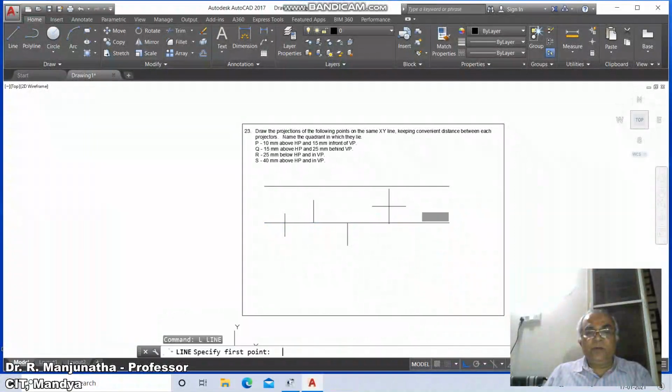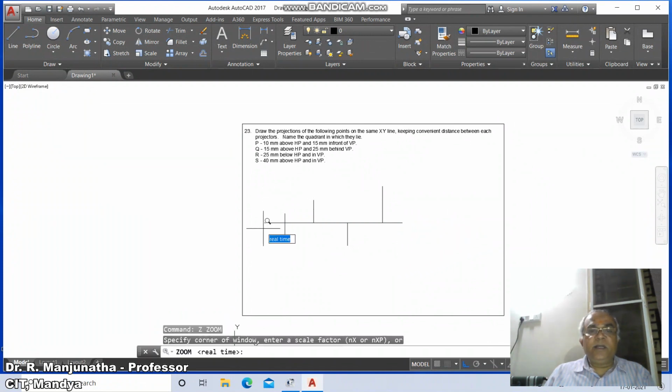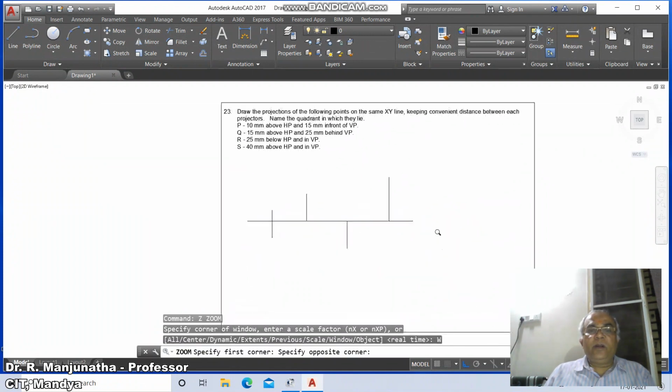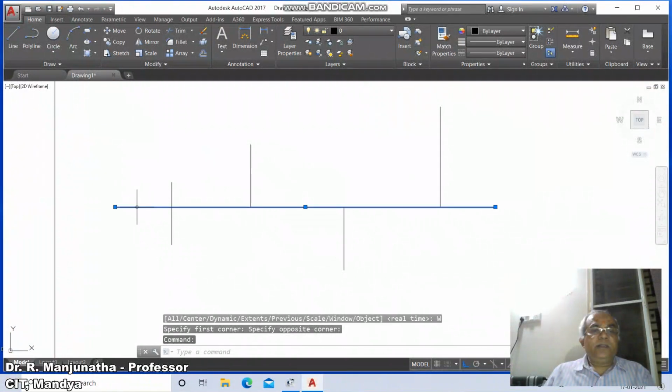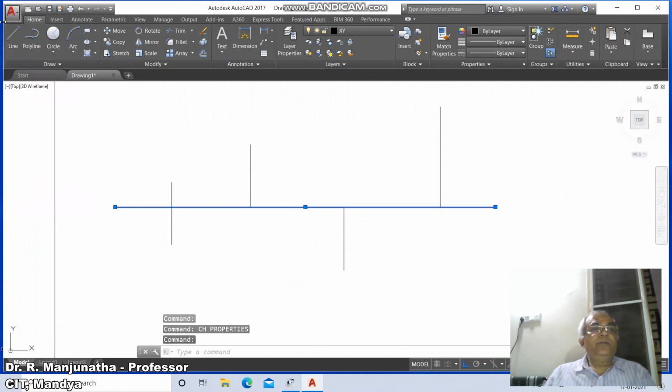So from here go to line, take nearest point on this and take perpendicular to this, then delete this. Go to break, select this line and break it till here. Now select this, go to change, go to layer, make this the XY layer so that you get that line thickness as 0.13.